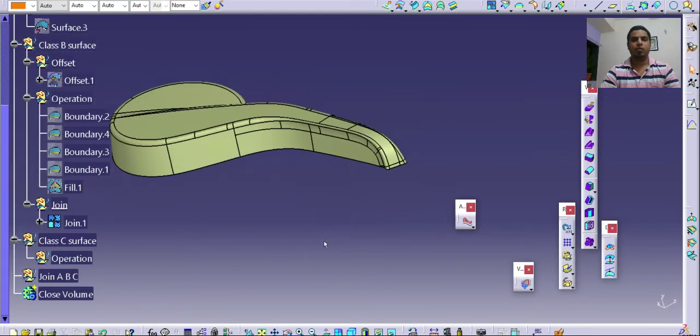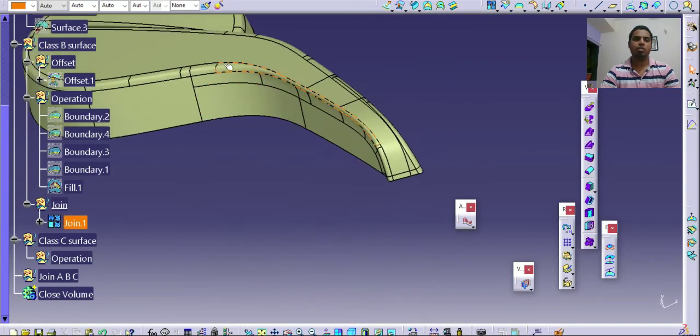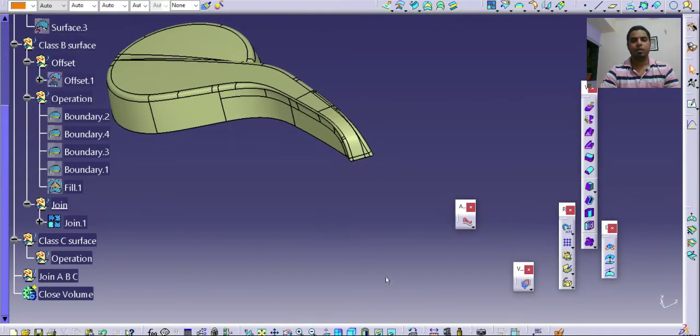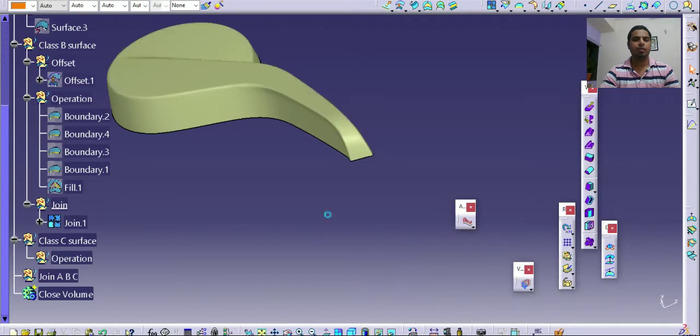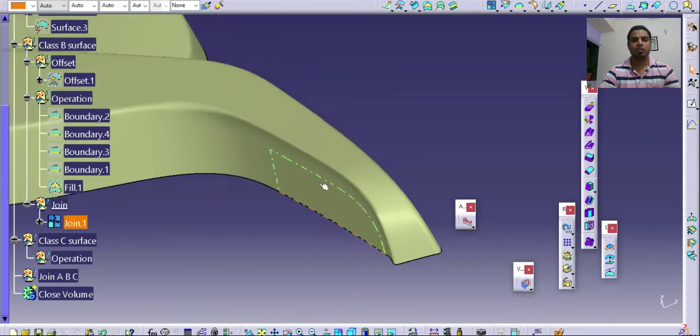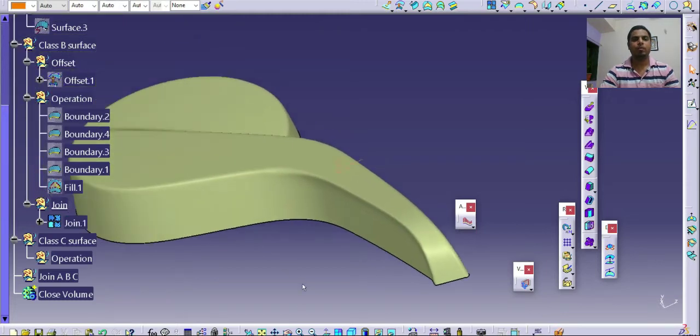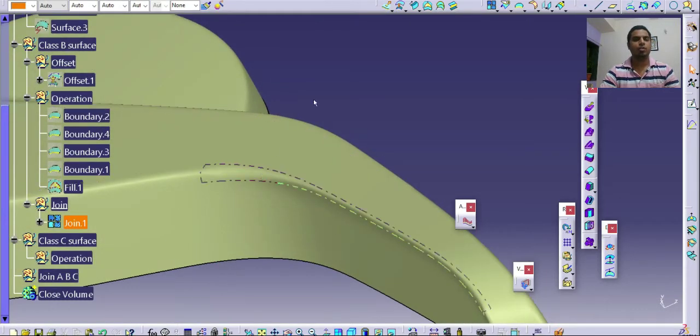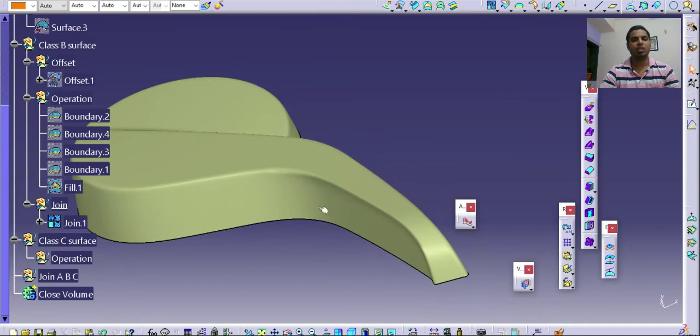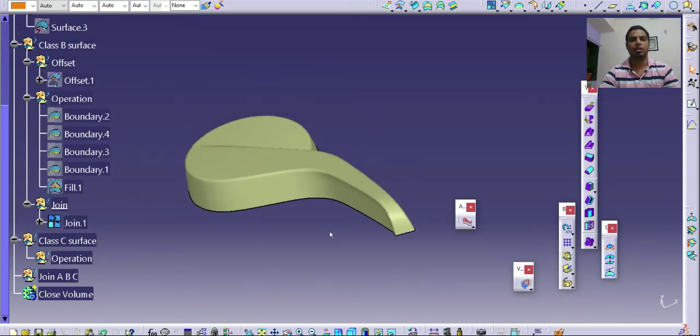And if you want to see whether those two surfaces are connected perfectly, then you can go and select this option, shading without smooth edges. So if there are some black lines available at this location, then we have to change our operation, and we have to use a different operation, as that shows that the surfaces are not connected by means of a tangency or a curvature control.